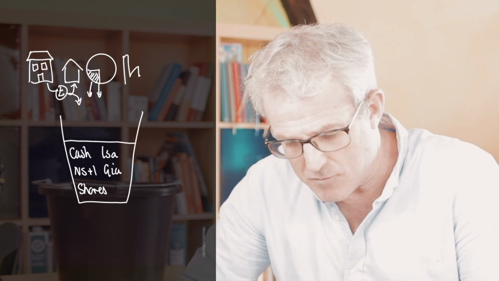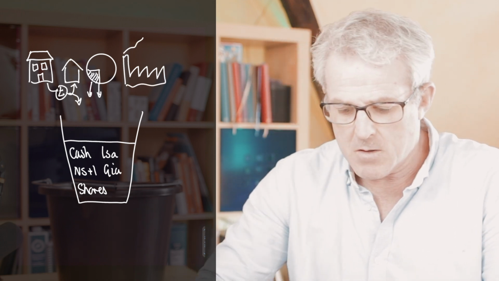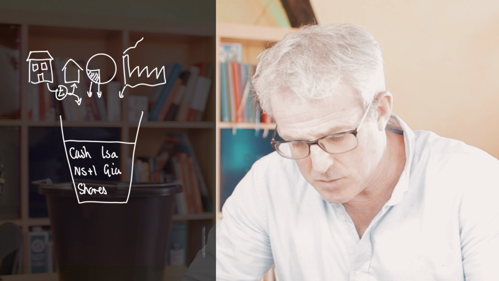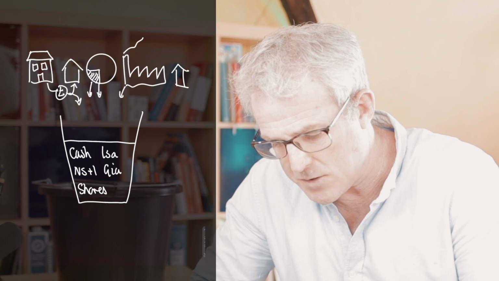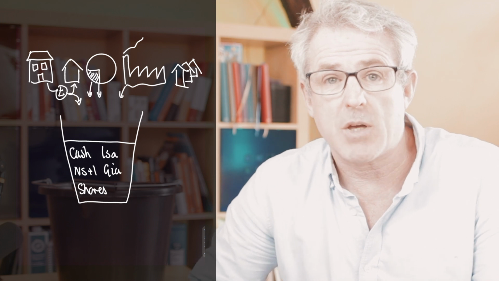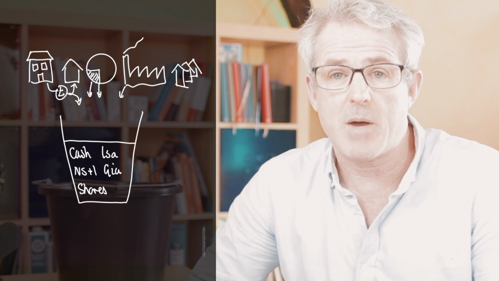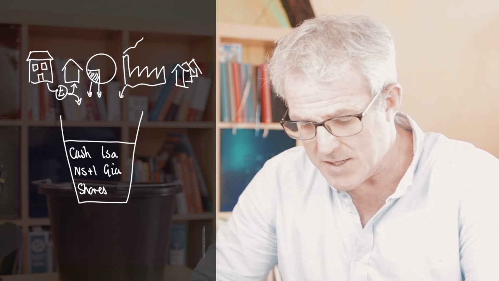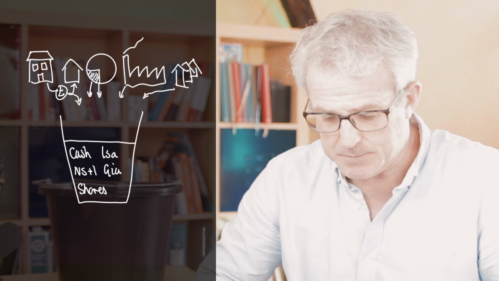Now you might also have a business, and I'm going to represent that by some old-fashioned factory with some smoke coming out. If you decide to sell your business at a future date, then that can drop into your bucket. You might also have a portfolio of rental properties, one or more. Again, they stay outside your bucket because they're assets that you can't spend. You can't go and spend a house. You can't take some bricks from a house and go and buy anything from Tesco's, just like you can't spend anything from your main residence. So they sit outside your bucket, but they might at some point drop into your bucket.